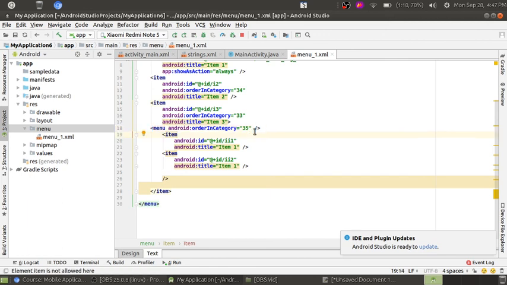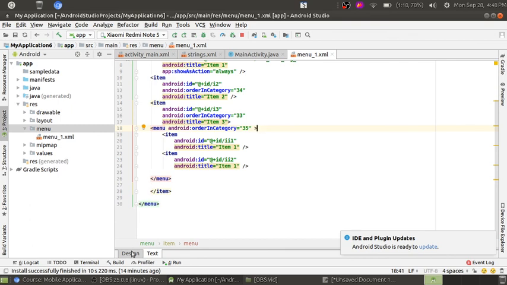You should not close it with this one, so you should know how you can write this. So menu, items, menu closed, then items.